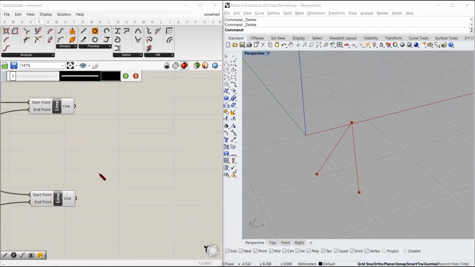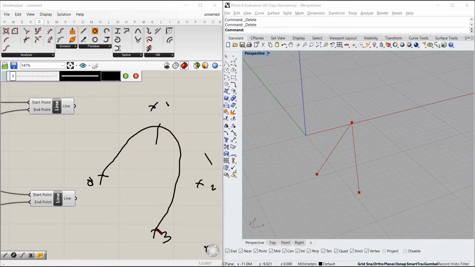So suppose you have this point, this point, this point, and this point, and this is your point number 0, this is your point number 1, this is your point number 2, and this is your point number 3. What a NURBS curve does is it tries to create a smooth curve using these points as control points and using only the start point and the end point as the starting and the ending of the NURBS curve.